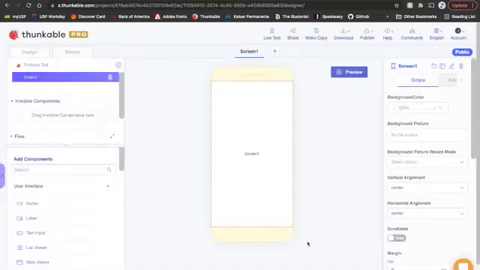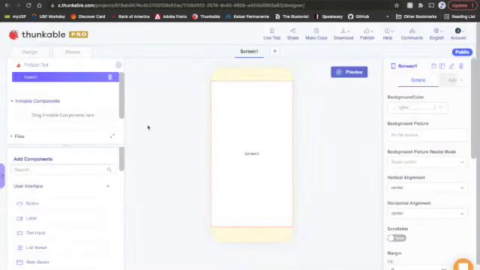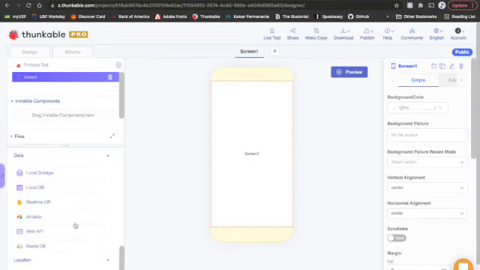All right. So now we need to connect our new Firebase database to this Thunkable project. And the way we're going to do that is by adding a Firebase component. So if we scroll down in our Add Components section near the bottom, you'll see under the Data section this component called Realtime DB, and it has a little Firebase logo on it. This is what we're going to use in order to connect our app to our database. I'm going to drag one of those in,